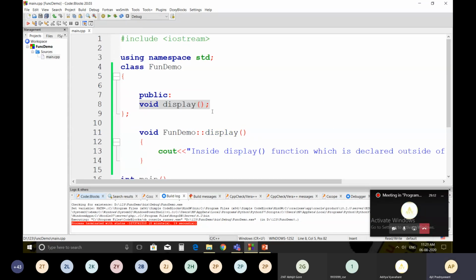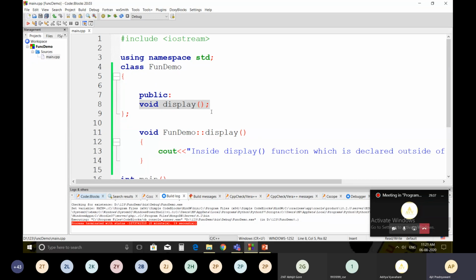So what we have seen in this demonstration: we have seen a simple function and how to call it. There is at least one function, that is the main function. Then we have seen how a function returns a value and how we have to store that value into a particular variable when the function is called.